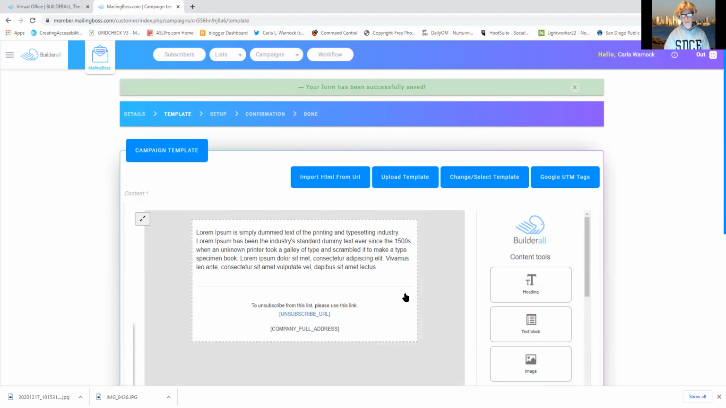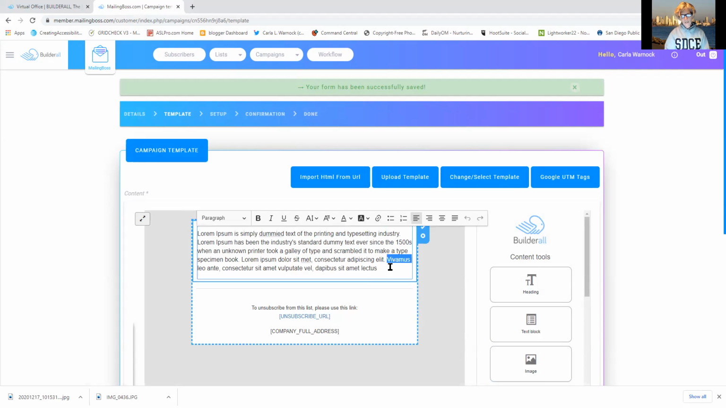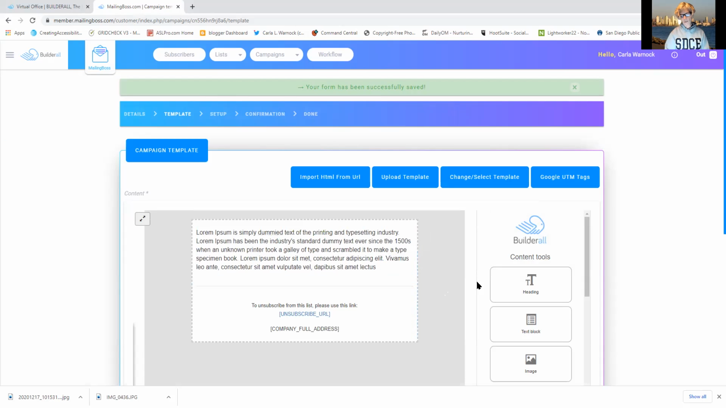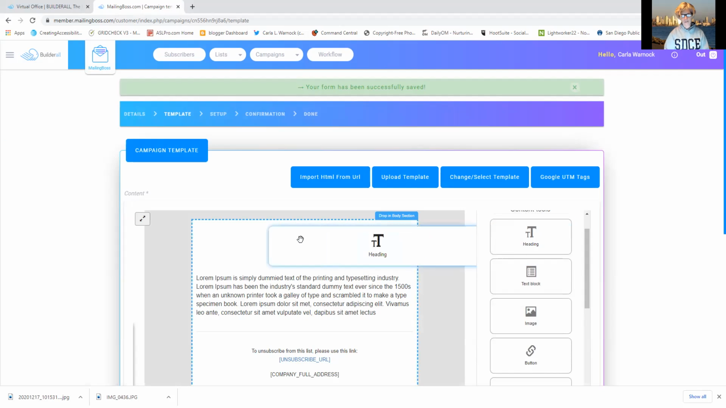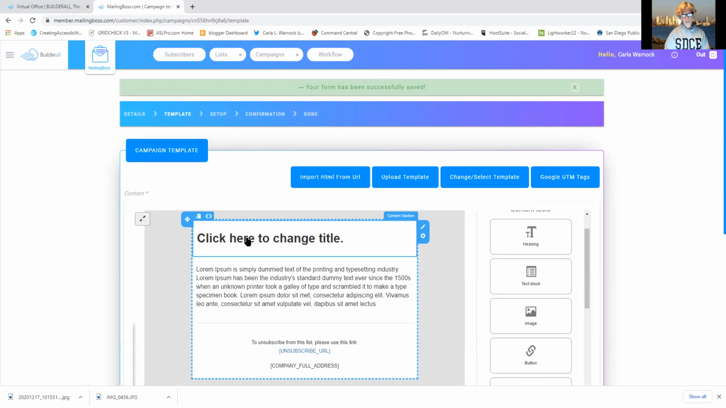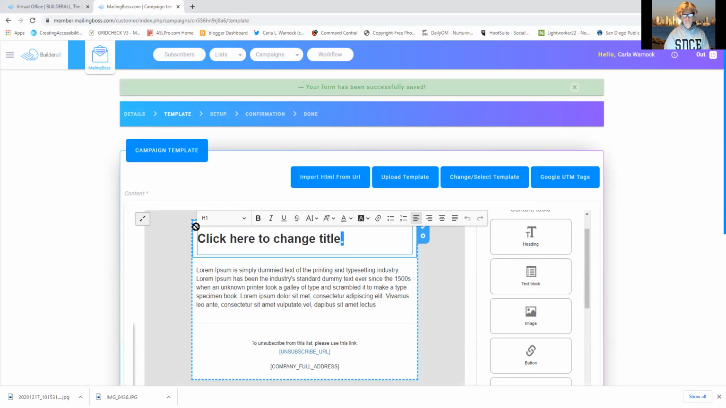And now I'm in my email. So now within this, you can look and see that you have a customization bar here on the right that allows you to do quite a few things. You can add a header to your email. Okay. You can, and I'm just going to call this,